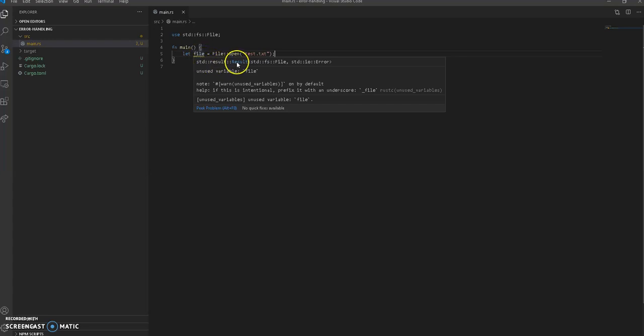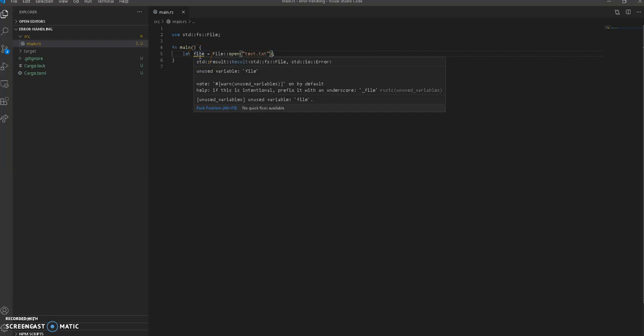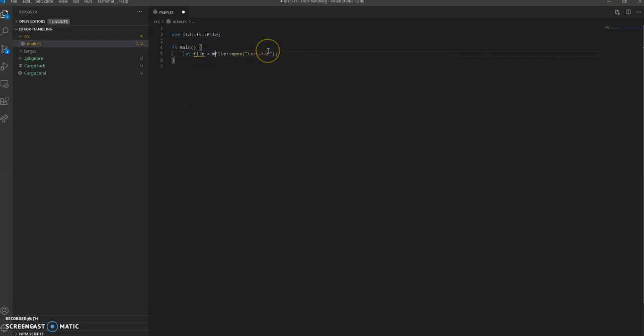a file open test.txt. Now, this does not return a file like what you might think. What it returns actually is a result. The result can either be a file or it can be an error. So if we wanted to actually return this and make this a file instead of a result, we would have